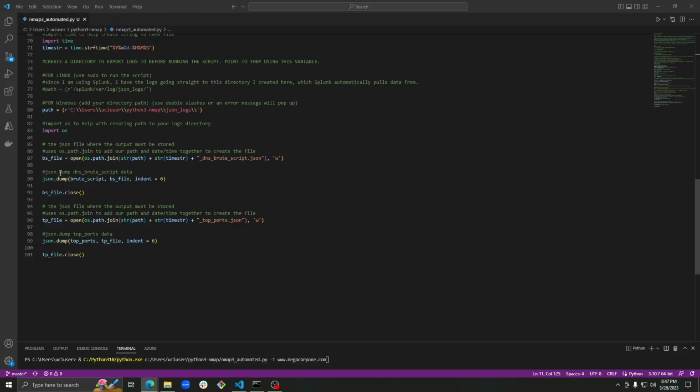The last thing we're going to do is create two variables, BS file for brute script and TP file for top ports. We are going to join together the pathway that we established here, the timestring, and whether it's the DNS brute script or the top ports scan, and put all that together to create the file name. So for example, if it's March 28th, 2023 at 8:47 p.m. and I were to run the script right now, the timestring variable would show that time. It would put it in this pathway, and at the end of it, it would add DNS brute